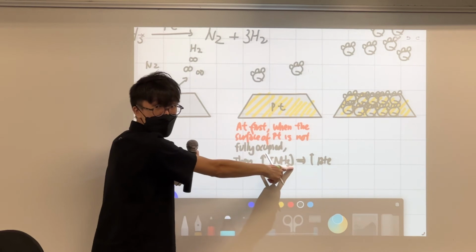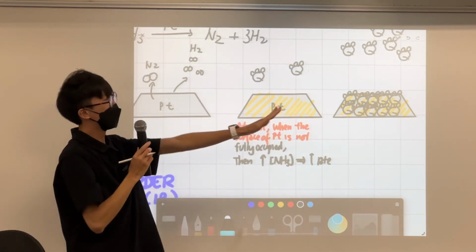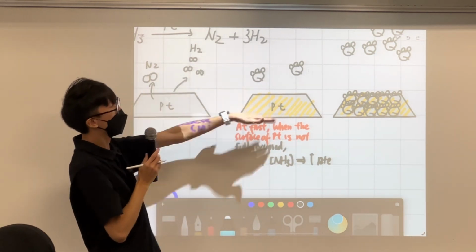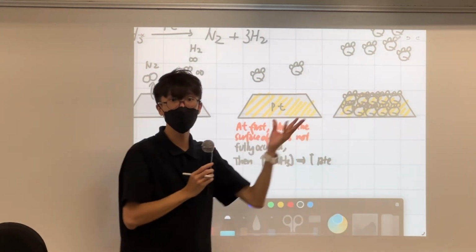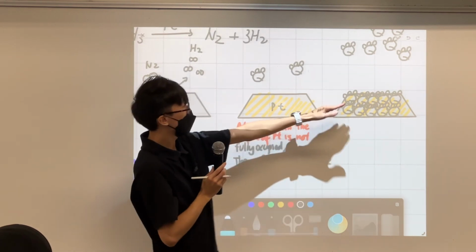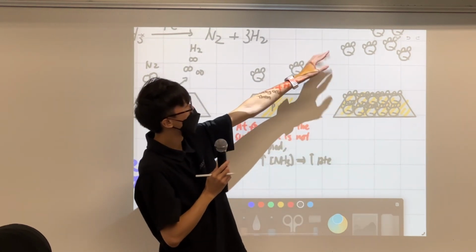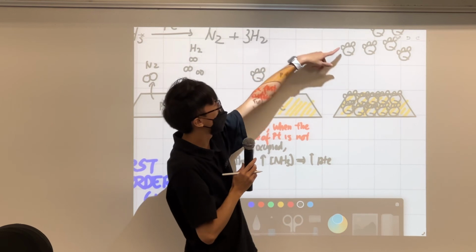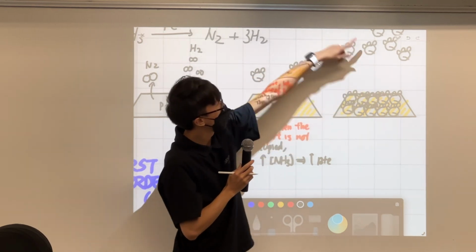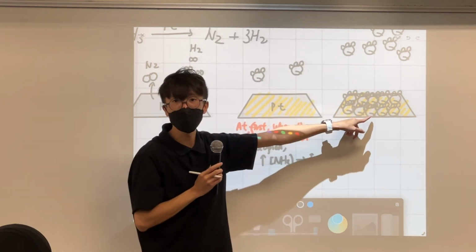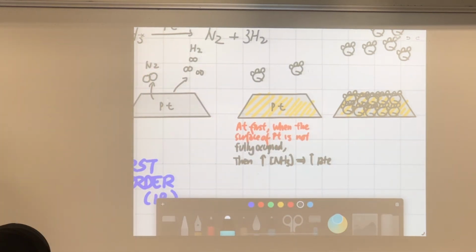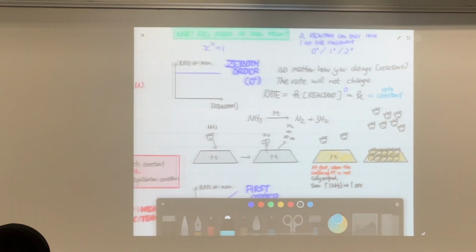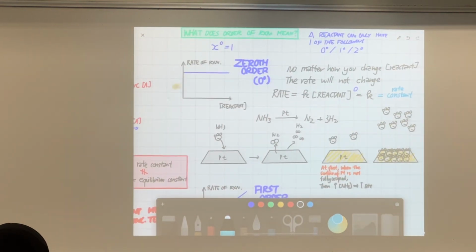So at least at the very beginning, when the surface is not fully occupied, increasing the concentration of ammonia can actually increase rate. But then, let's fast forward this process. If you add more and more ammonia, there will be a time when all the platinum surface becomes occupied, right? And by that time, if you increase the concentration of ammonia further, so that there's now more ammonia waiting on the side, do these ammonia get to participate in this reaction when this is fully occupied? No. This is why the rate will remain constant in here, you see. Do you get this? Or no?